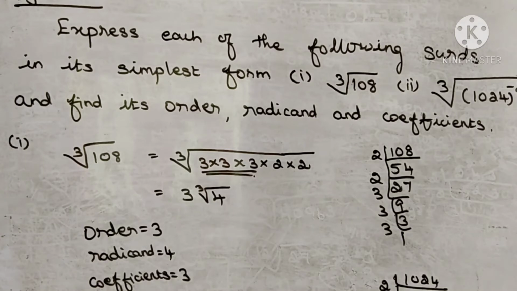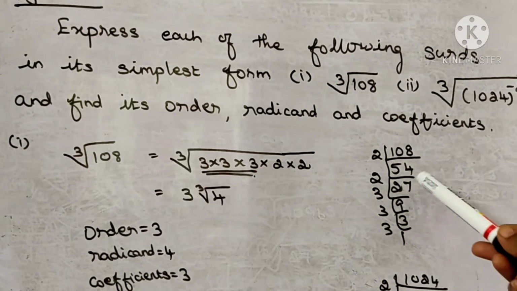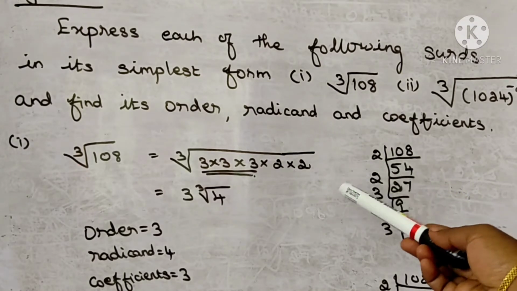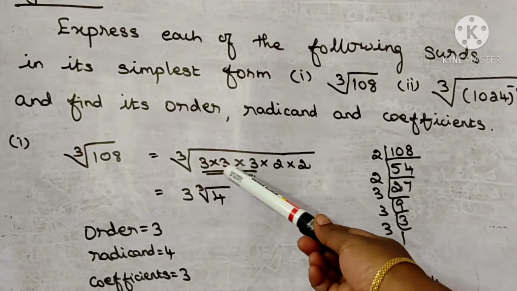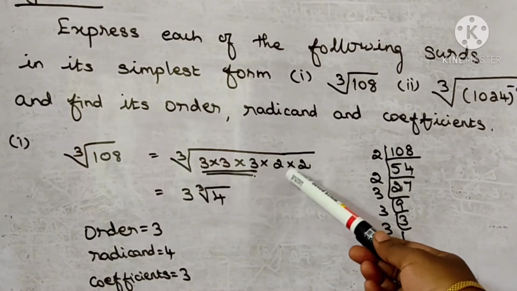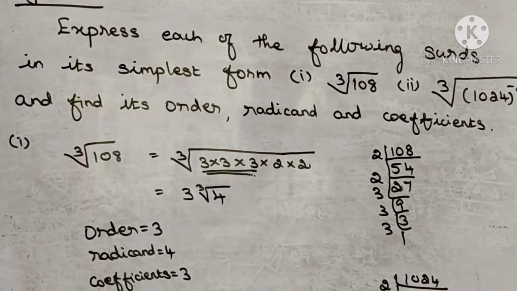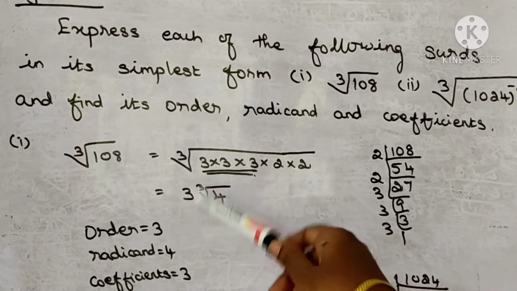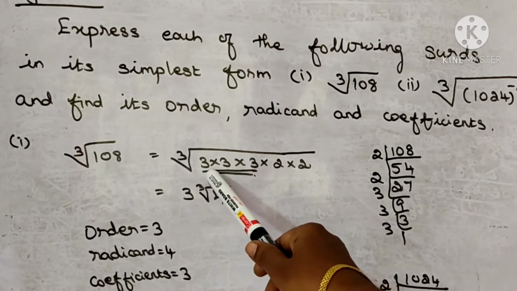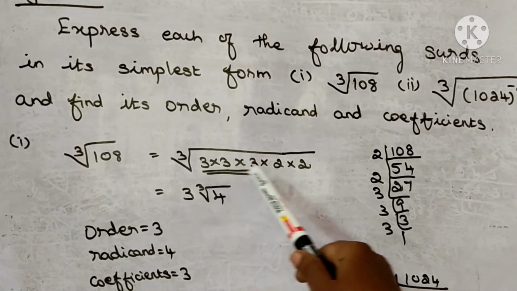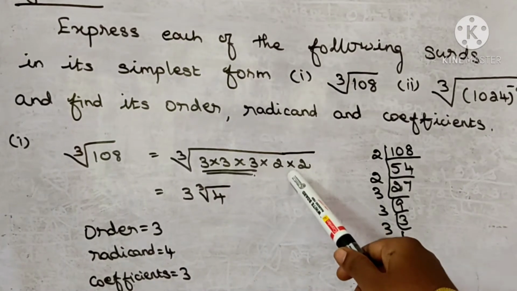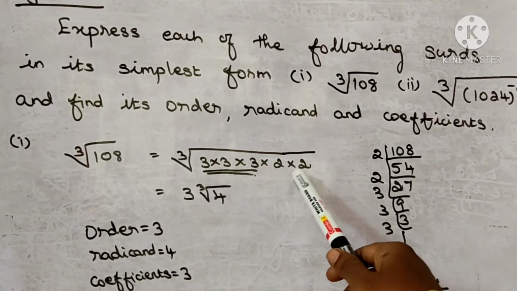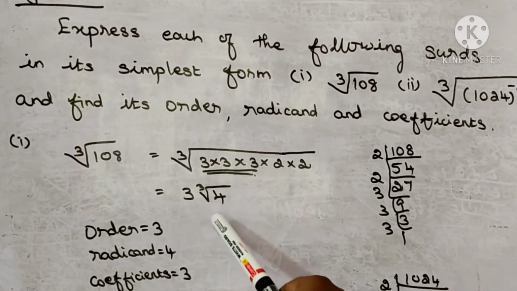Okay, very easy question. The cube root of 108: write the factors of 108. We use the LCM method. 108 is divisible by 2. So the factors of 108 are 3 times 3 times 3 times 2 times 2. The order of the surd is 3, so we can take out a number that appears 3 times inside, and only one number comes outside. Here we have 3 three times, so we take one 3 outside. The remaining number 2 appears only two times, so we don't take it outside. So 2 times 2 is 4. So the answer is 3 times the cube root of 4.